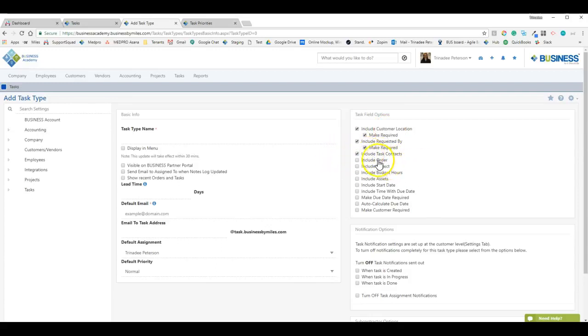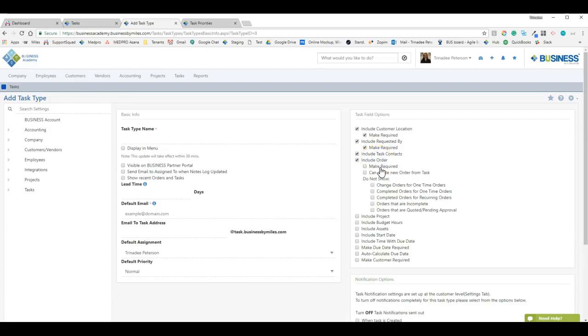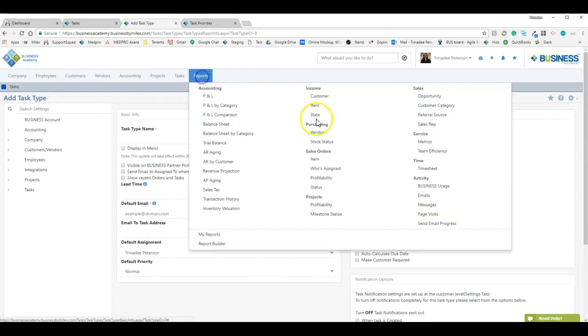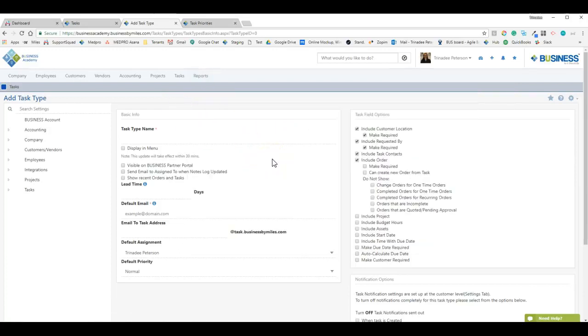Include task contacts is just allowing you to search and select the contacts more easily to the task. Include order is interesting, and you can see there's a lot of options that come up when you select the order. Now, with having the order on your task, that can also go in handy when it comes to things like the service metrics report, because it's going to do some calculations dollar per task,